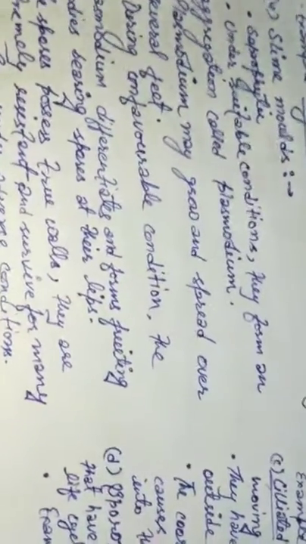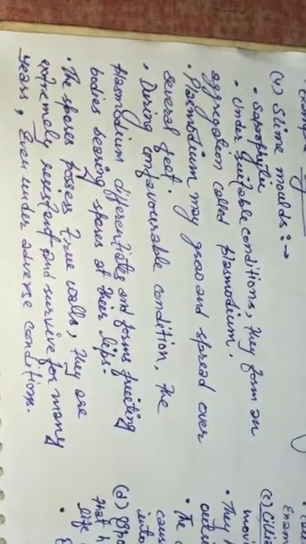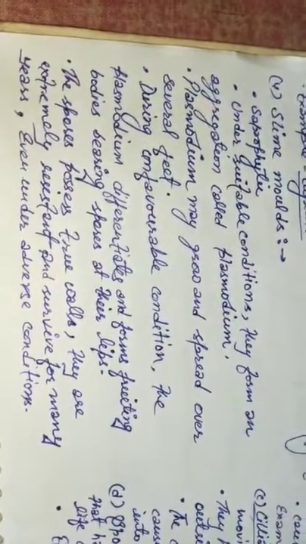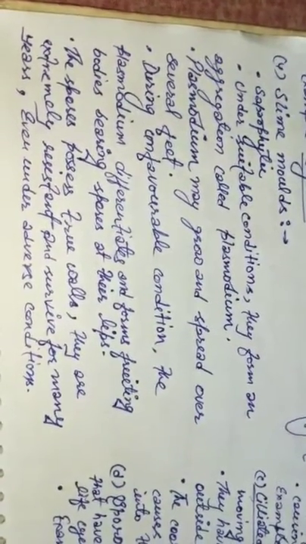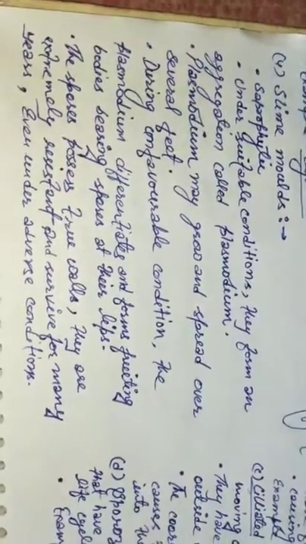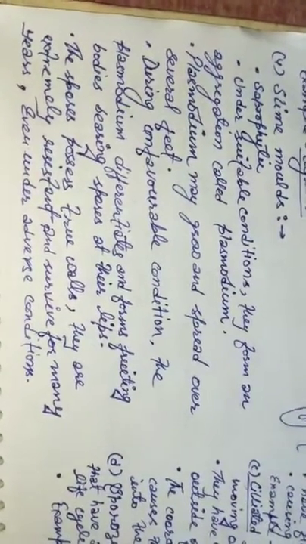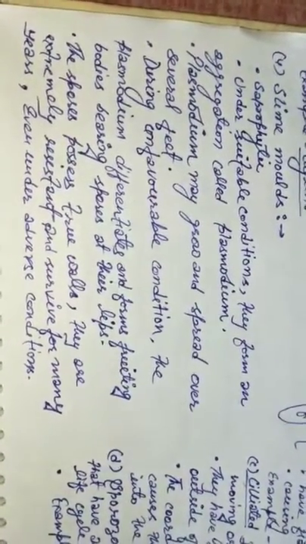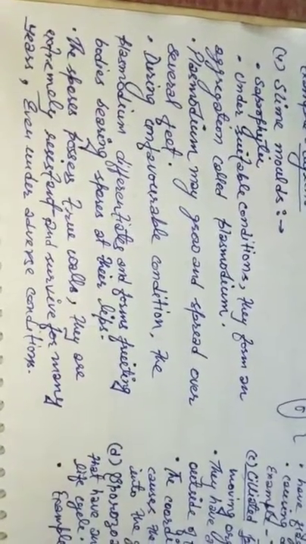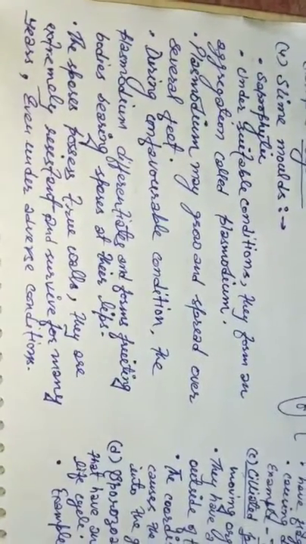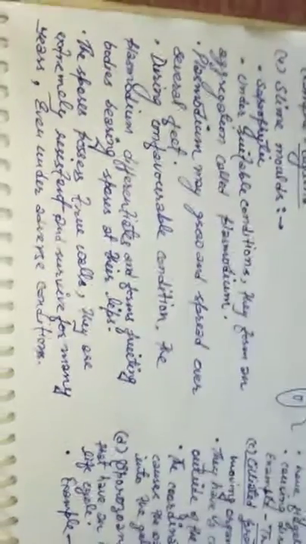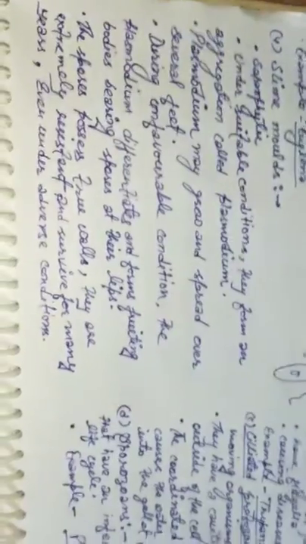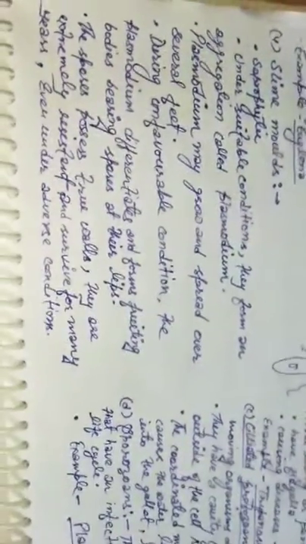The spores possess true walls. स्पोर्स में प्रॉपर वॉल होगी, and due to the presence of proper wall the spores can live, can survive for many years even under the adverse condition. खराब से खराब कंडीशन में भी ये स्पोर्स जो हैं, क्योंकि देखिए स्पोर्स formed in unfavorable condition, अगर प्लांट की डेथ भी हो जाए, अगर प्लाज्मोडियम की डेथ हो जाए या स्लाइम मोल्ड की डेथ भी हो जाए, तो भी वो स्पोर्स जो हैं वो